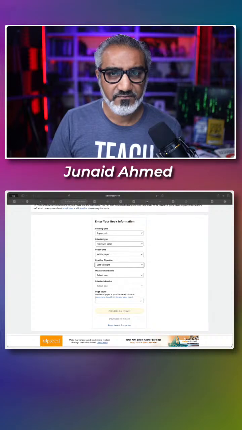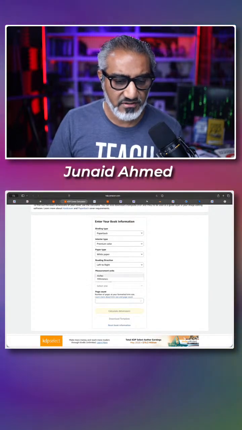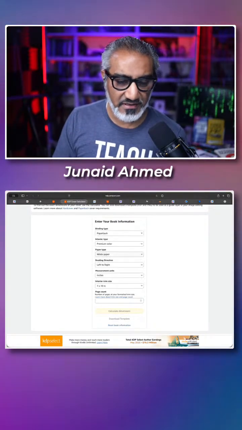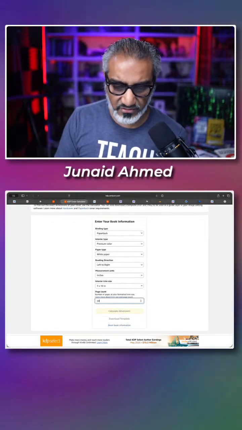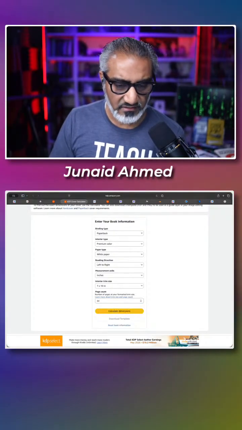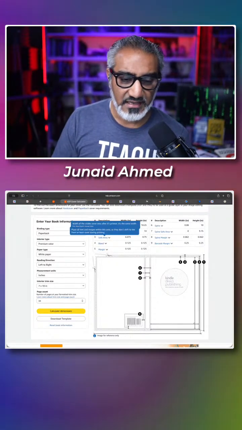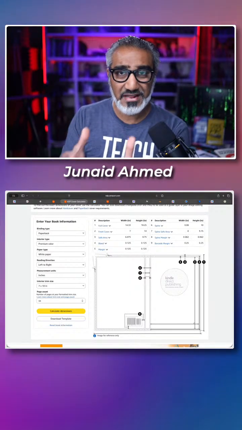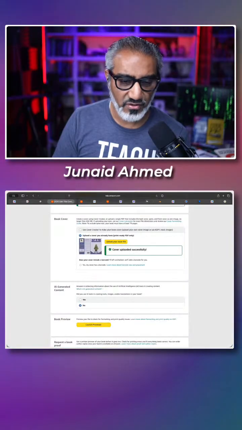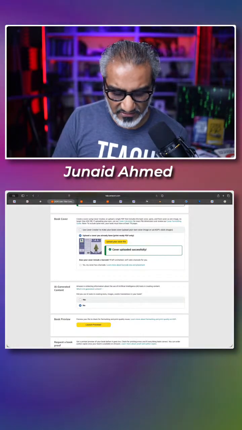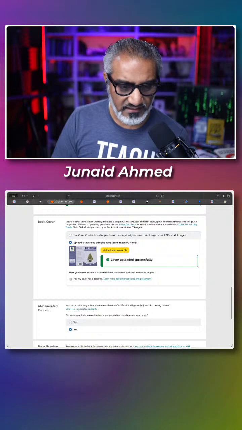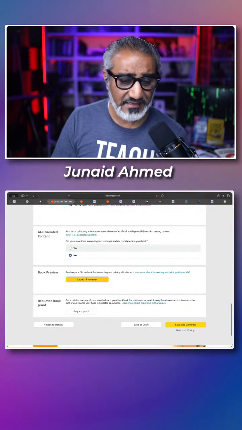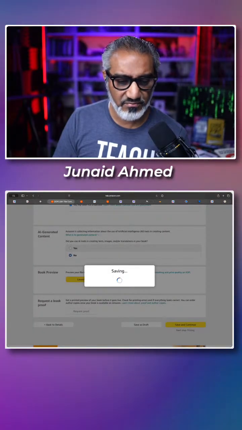And what I was going to say, units of measurement. Then you choose the trim size. So this book is 7 inches by 10 inches. And then I'm going to put the page count of 34. Then hit calculate dimensions. And this gives me an entire image of what I need to create, what I need to give it for that cover to work. And that's what you see right here in this little tiny image. I'm going to say, hey, yes, my cover has a barcode because you can see I've got a barcode in here. And then I can launch the previewer.